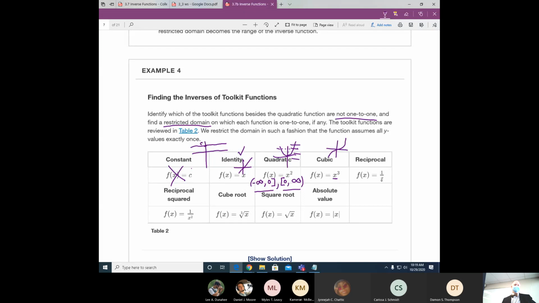Now, this guy, the reciprocal, is 1 to 1. Looks like this. Gets really, really big when I'm positive. Gets small as I go larger. It's really, really big negative. And then gets small as I go larger negative. It is not defined at x is 0. So the domain is x not equal to 0. Or if I want to define it in the parenthesis format, I could say negative infinity to not 0